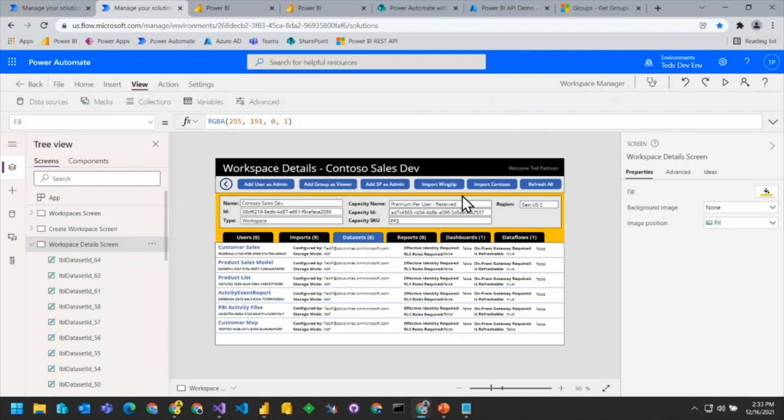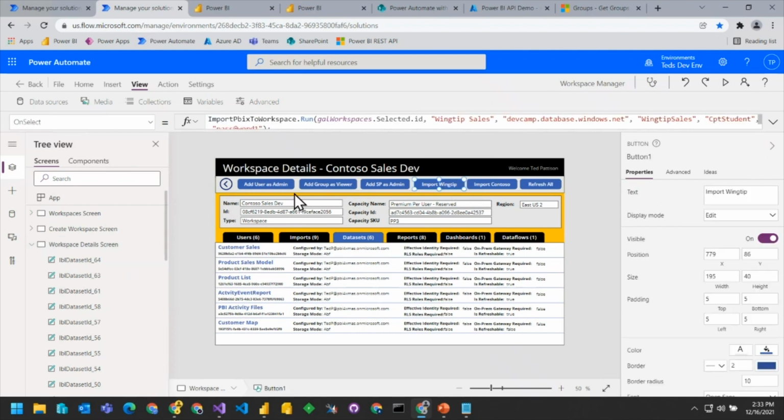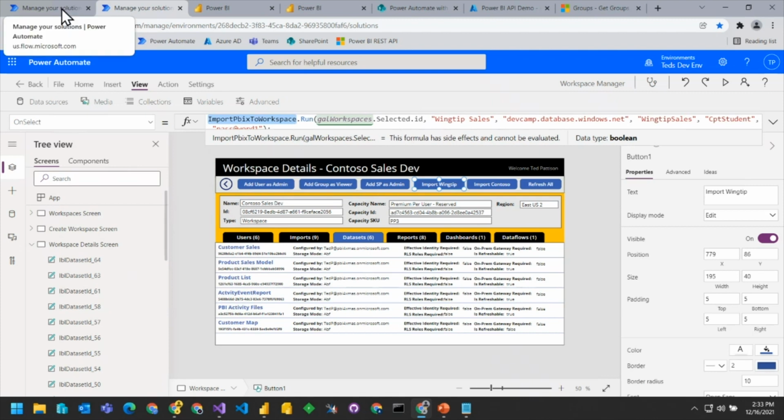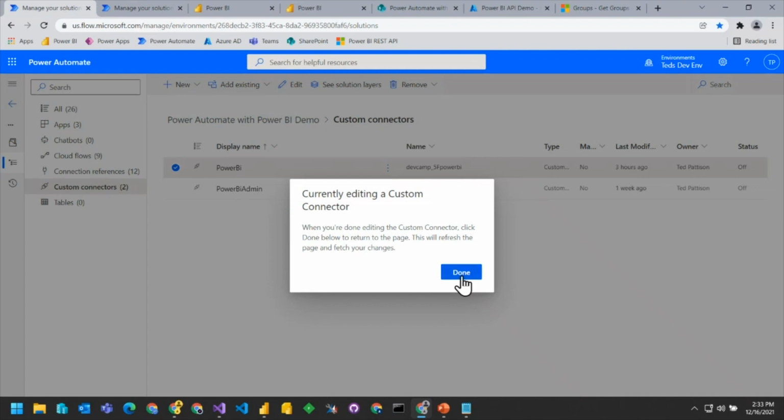And in the workspace detail screen, there is this import wingtip. So here I have the name of a flow. And the idea is that when I click that, I'm able to pass a lot of parameters from my Canvas app into the flow. So let's look at this.